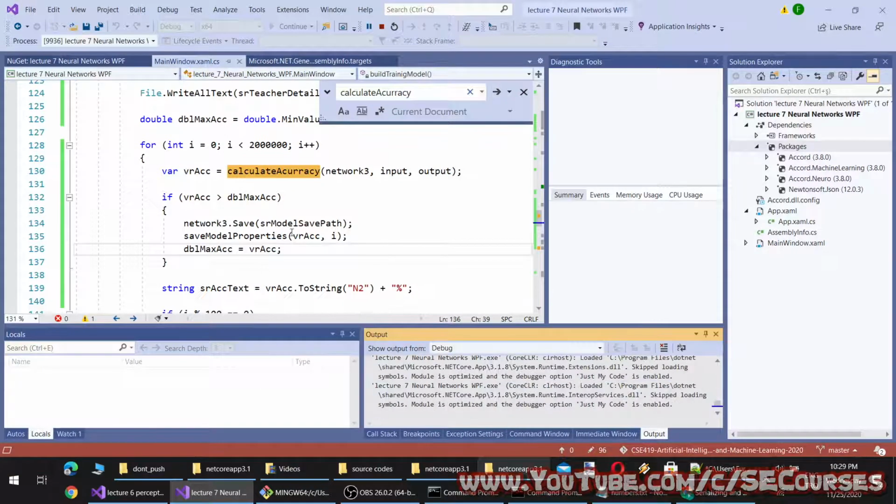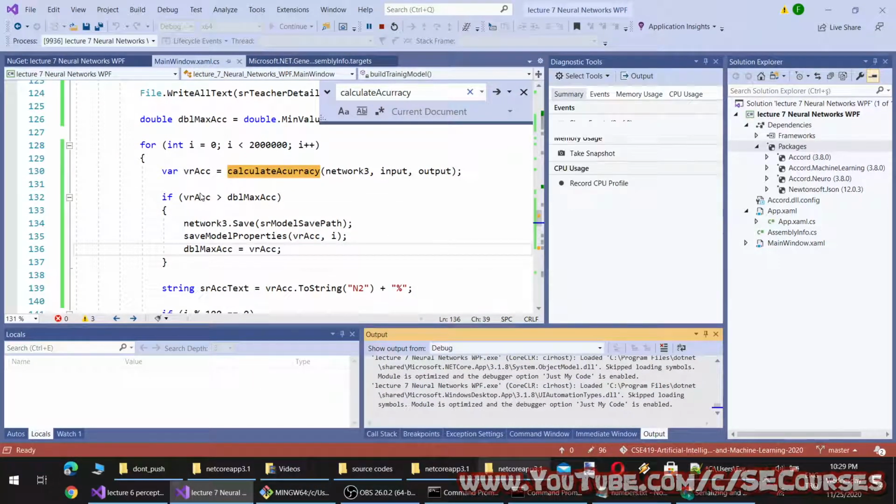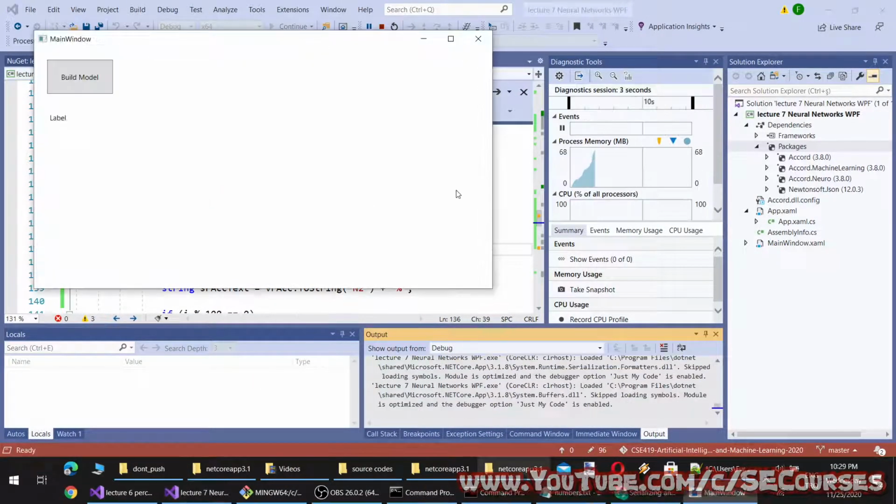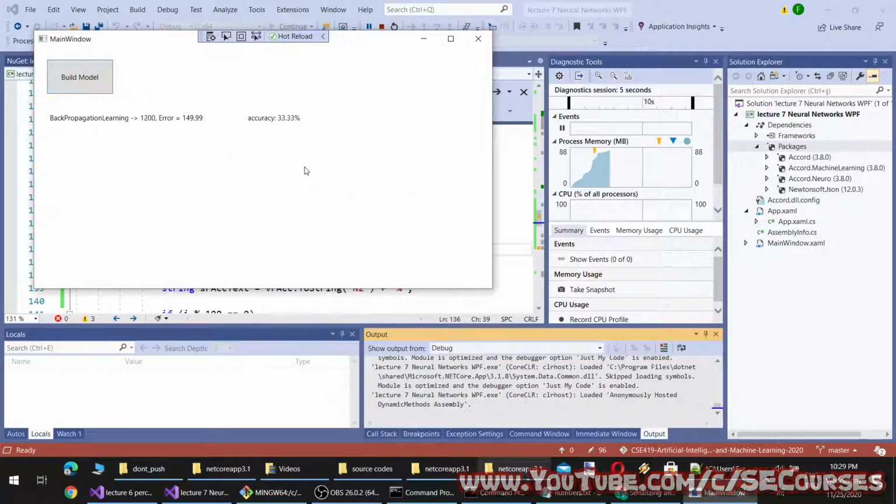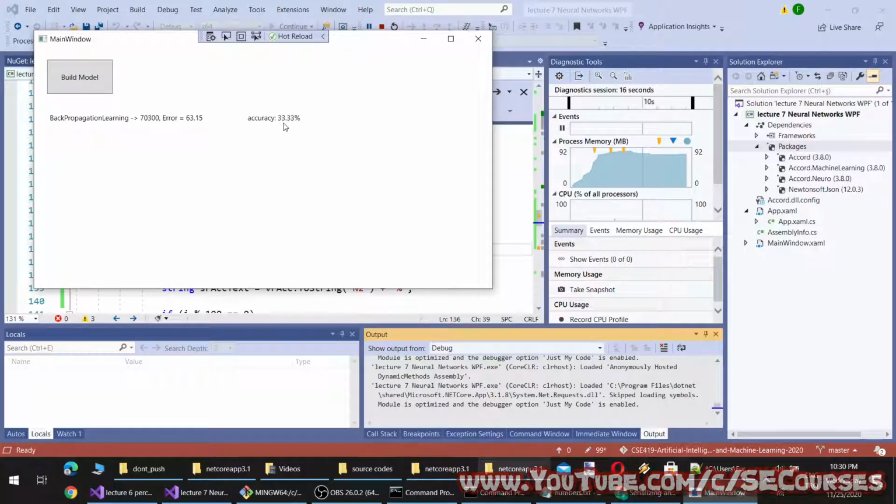It should save the model and properties whenever we find better accuracy. Okay. So this is the accuracy of the training set right now. This is not a proper way, by the way, because we are not using n-fold cross validation at the moment.